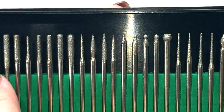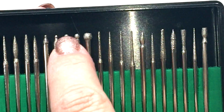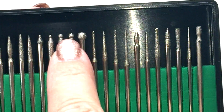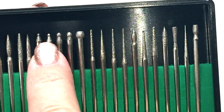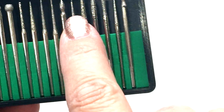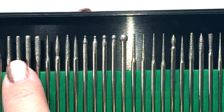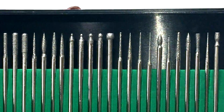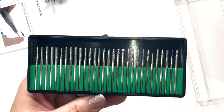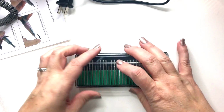From a very thin, it goes all the way to the round tips. This is great for the cuticle. It won't hurt your cuticle as long as you know how to do it. Very gentle. You can use this one also for your cuticle, all the way down, or you can use it for pedicures. So I do like it that it has all the options here. It's pretty cool. Okay, so you have all those bits or drill bits,